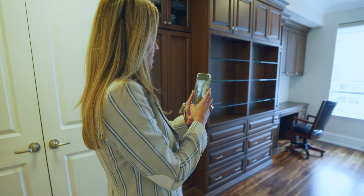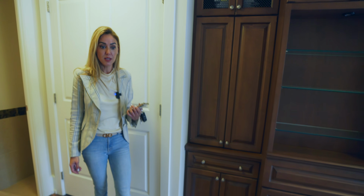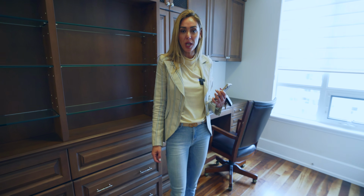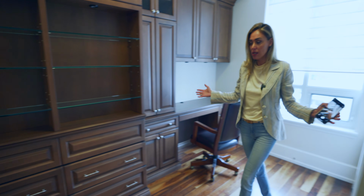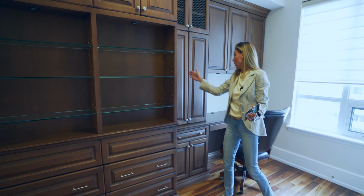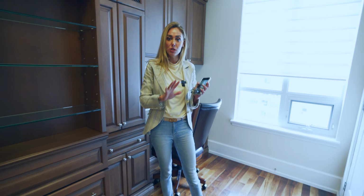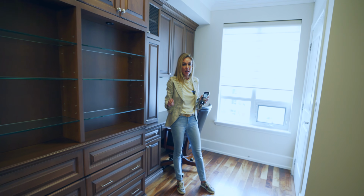This is the secondary bedroom, which looks pretty officey to me. I obviously cannot remove this wall unit, so what I'm going to have to do is create a bedroom space in here, even though, as you can see, it's already pretty limited because this unit just in here probably comes out about 30 inches or so. So I feel like we need to redo something with this because whoever comes in here will likely need a second bedroom